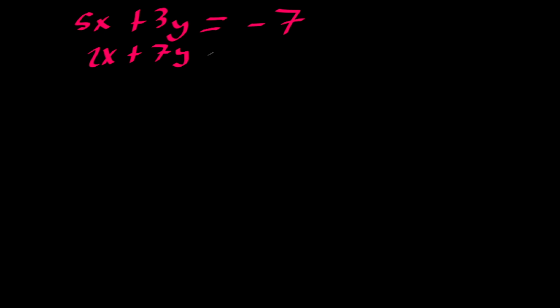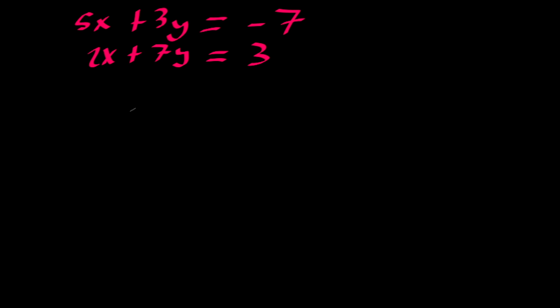So let's say I have 5x plus 3y equals -7. Then I have 2x plus 7y equals 3. So is everything lined up, first of all? Yeah, it is. The x's are lined up, the y's are lined up. All right, now see if you can pause the video and figure out